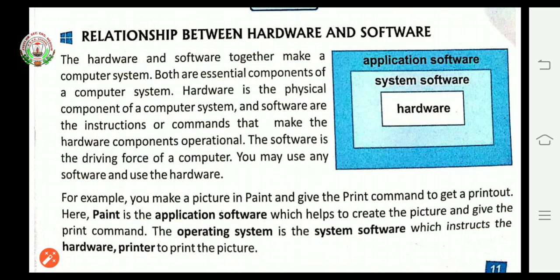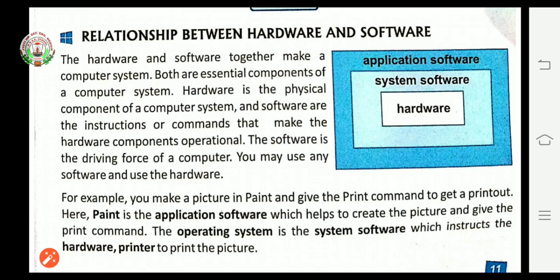Hardware is the physical component of a system. Let's revise: physical components are the things that we can see or touch. Software is the instructions and commands that make the hardware components operational.